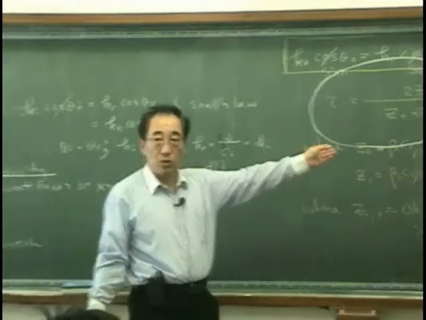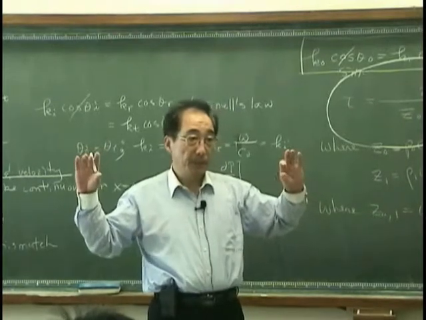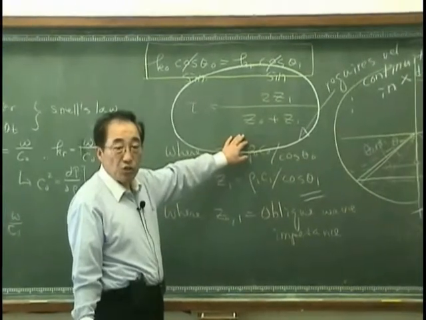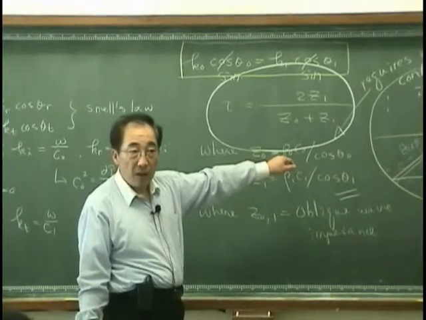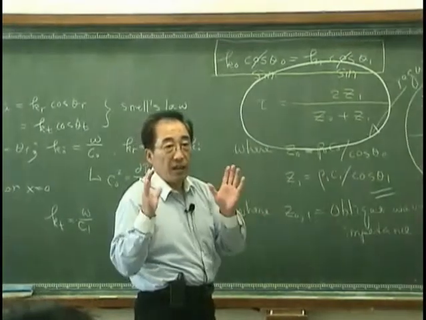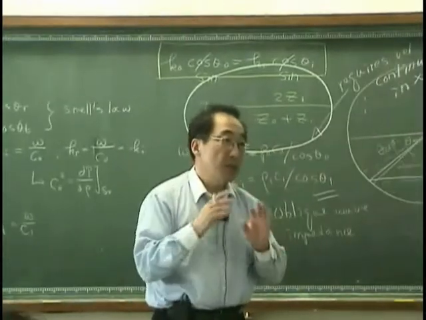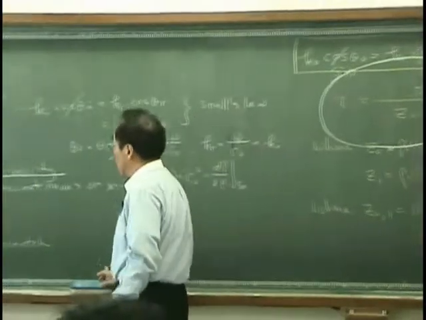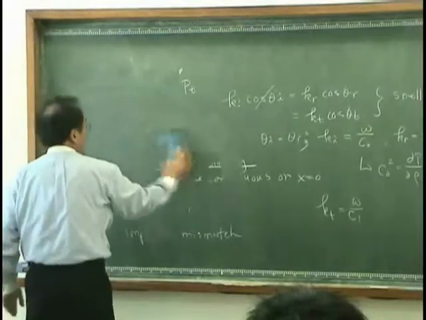Or the transmission loss due to two different string cases. The only difference is the impedance in this case has to be changed to oblique wave impedance. Okay, so how much is transmitted is again totally governed by the impedance of two media. So let's extend what we learned to the case that would have a more general